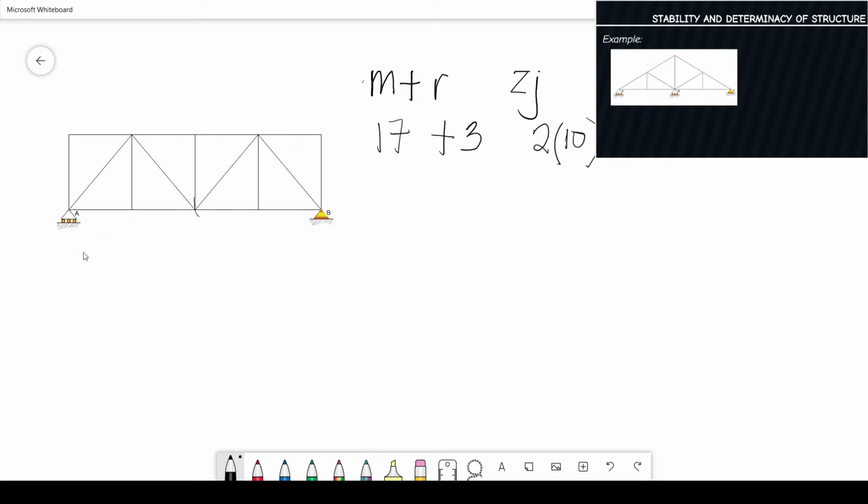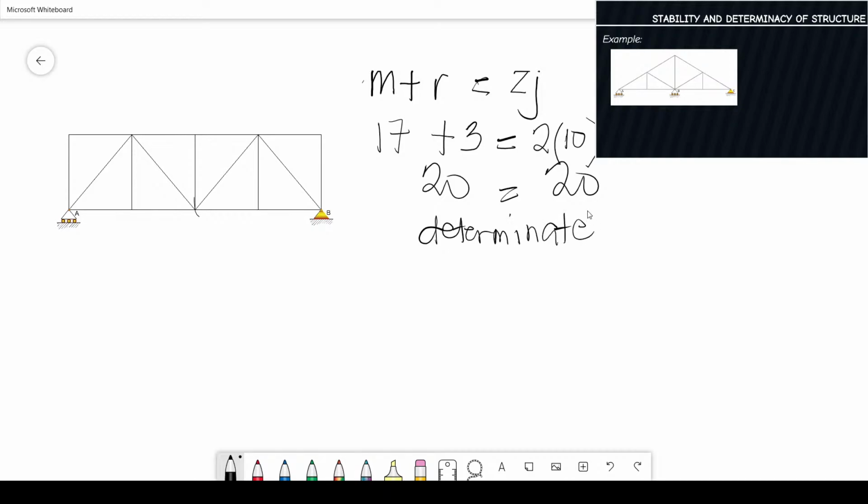By the way, paano ko nasabi na ang roller is just composed of 1 reaction and the hinge is 2? You please go back to my discussion on reactions. Okay? So, that was discussed on our previous topic. So, this is 17 plus 3 is 20. 2 times 10 is 20. So, this is equal. So, pag equal, that means our structure is